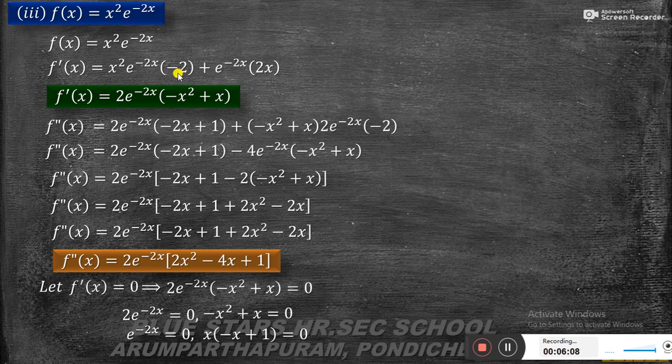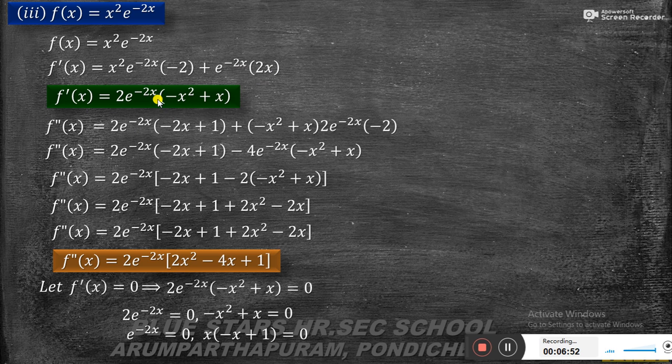Now I write the common factor. Here the common factor is 2 into e power minus 2x. So I take 2 into e power minus 2x out from the first term. 2 I take out, and e power minus 2x also I take out. So the remaining term is minus x square. Next, 2 into e power minus 2x I take from the second term, so the remaining term is x. Therefore f dash of x equal to 2 e power minus 2x into minus x square